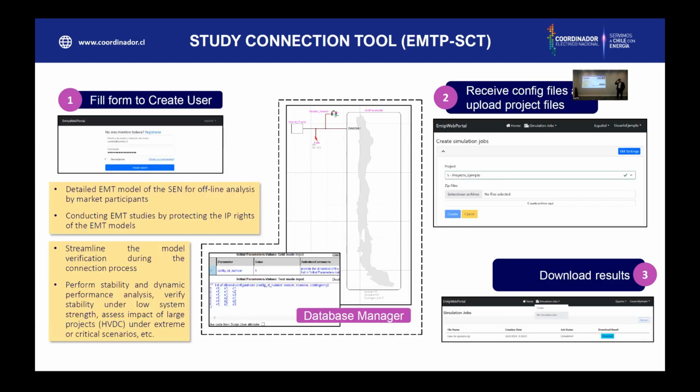This is what it looks like. It's very simplified; I try to make it easier for understanding. This is a first step when we create the user. The operator creates the user based on a form you need to fill out, indicating rated power, point of connection, voltage of the point of connection. And after that,